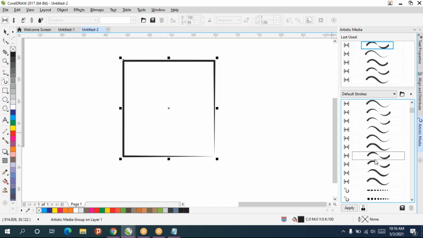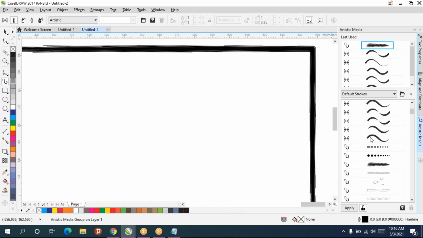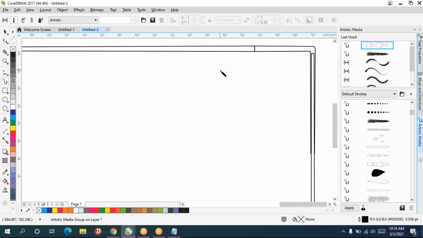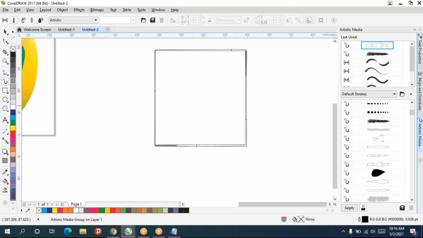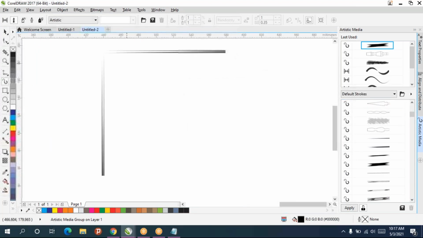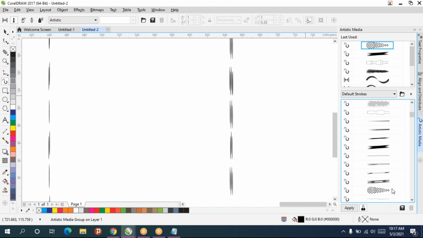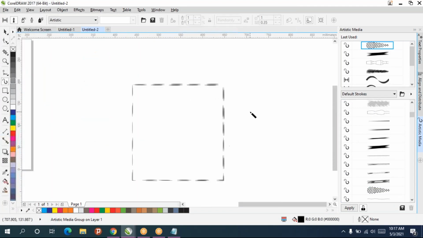See, directly you can convert everything into even a rectangular shape or any other shapes. Or else you can do paint.